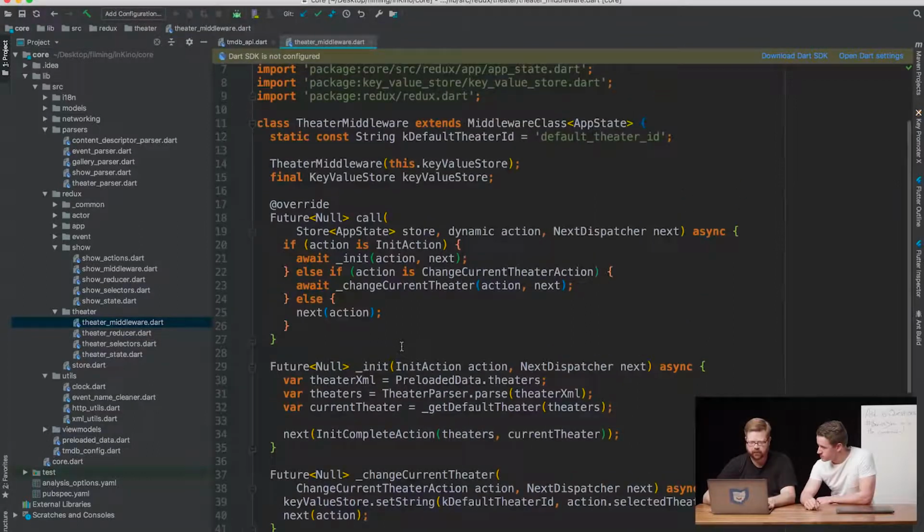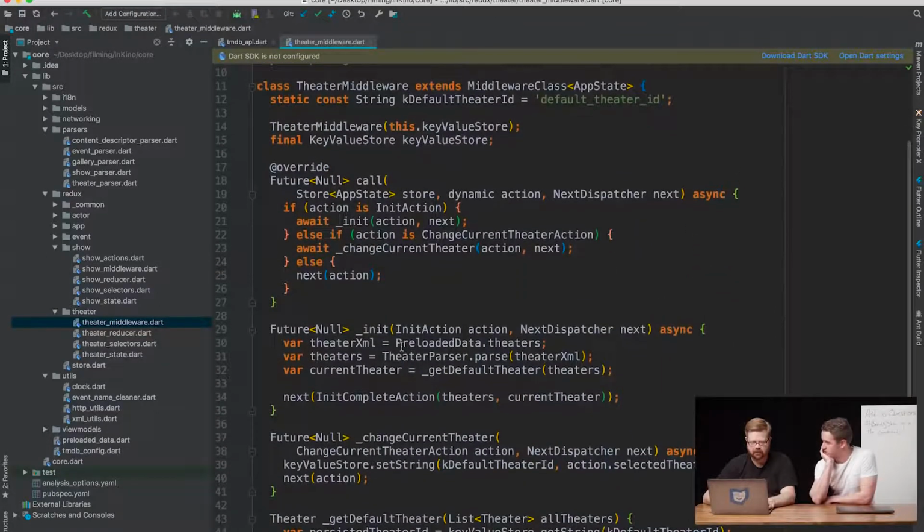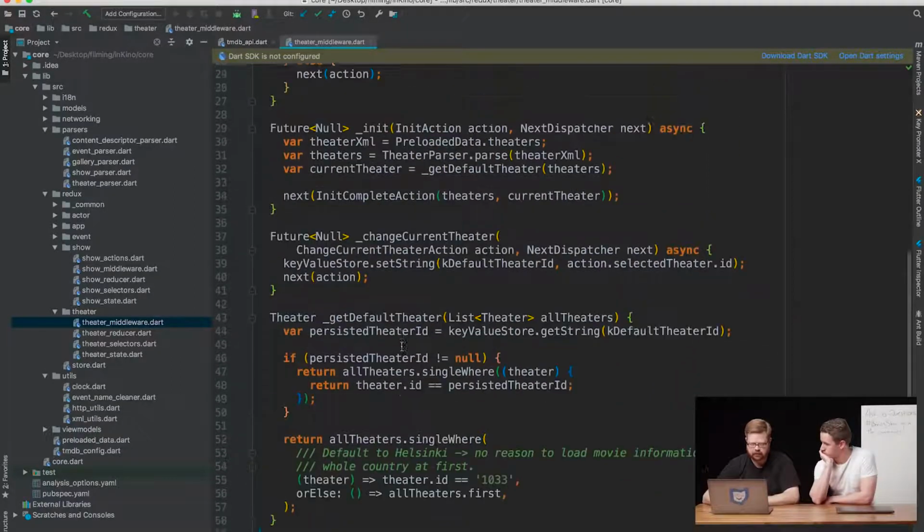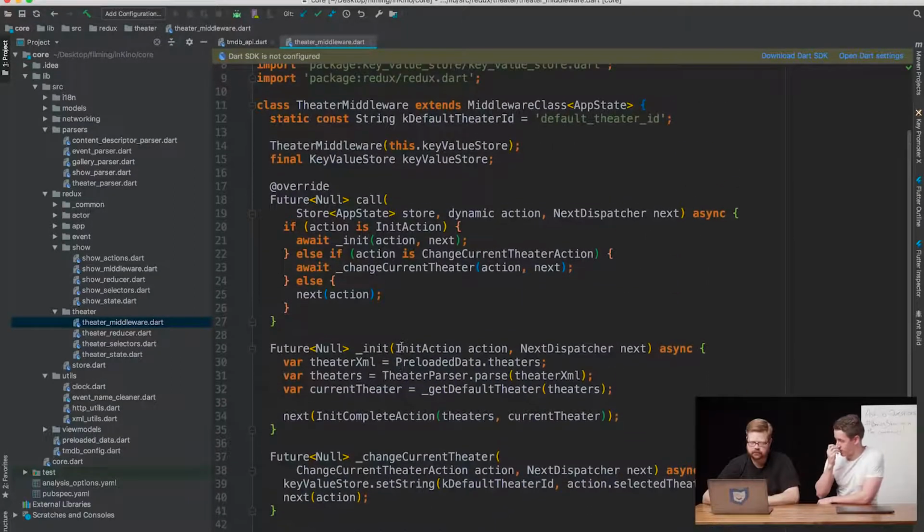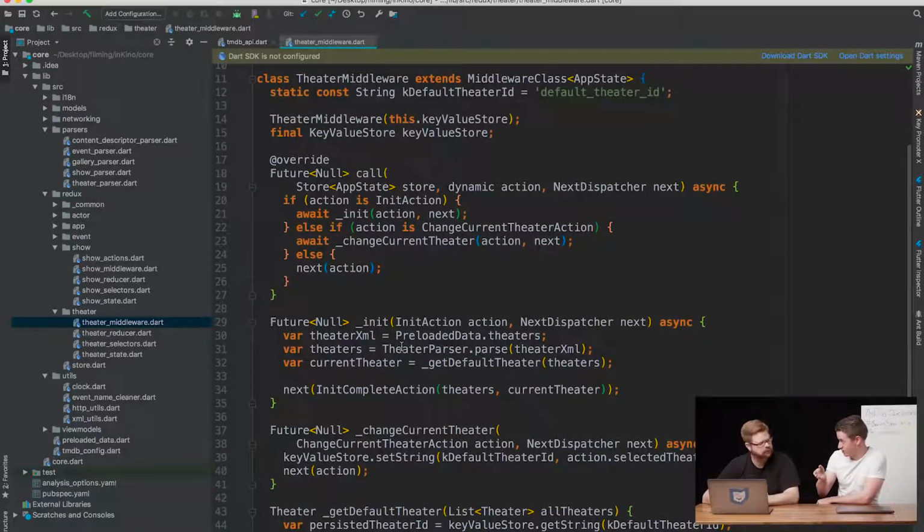So this is middleware for Redux. For the theater listing, this is that one. There's a lot of logic related to, for example, if you live right next to Helsinki Tennis Palatsi, and you choose that the first time when you open the app, you don't want to do that every time you open the app. Right. So it's persisting that locally, so that every time you open the app, it remembers that. And that's actually